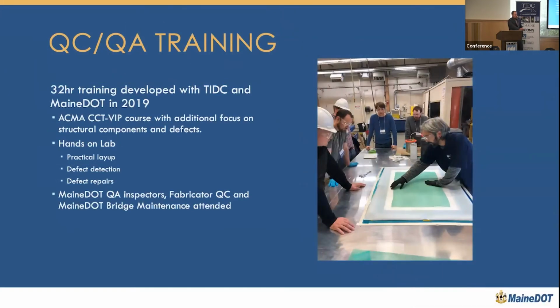So in order to handle some of these training issues, there's a lovely thing in the 23 CFR for acceptance. You have to have a third-party certified inspector. And when we were doing the gristmill job with these structural FRPs, that didn't exist. So working with University of Maine and borrowing part of the ACMA's very robust training program, we took the ACMA